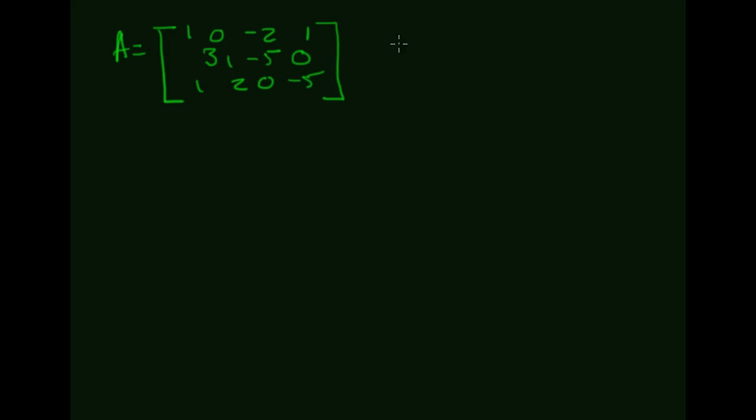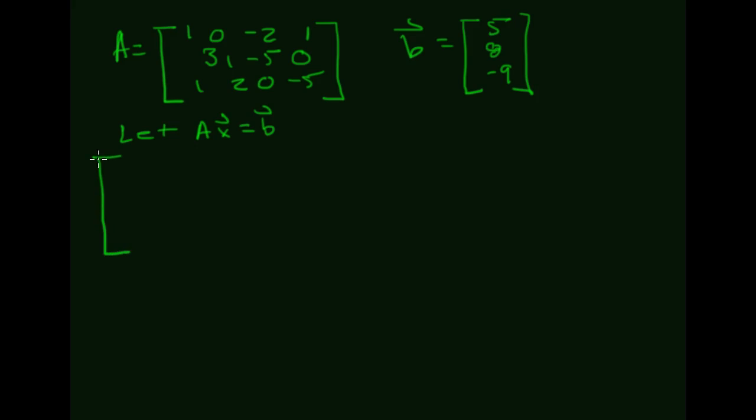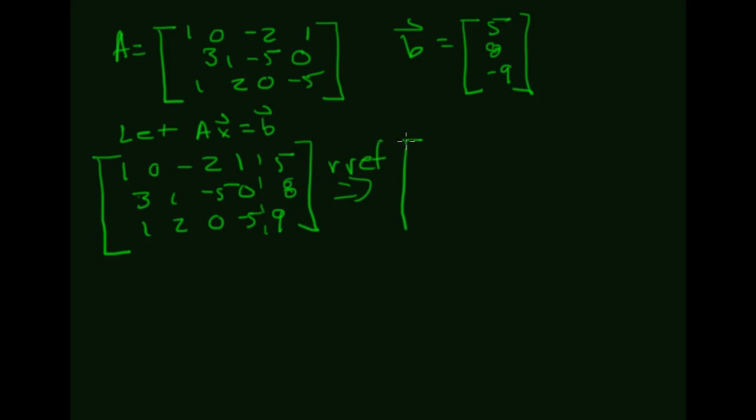And B is some vector 5, 8, negative 9, right? Then I am going to let Ax equal b, and I want to solve for x. And I can do this using Gauss-Jordan, right? The augmented matrix is 1, 0, -2, 1, 5; 3, 1, -5, 0, 8; 1, 2, 0, -5, -9, right? And we apply Gauss-Jordan to this,